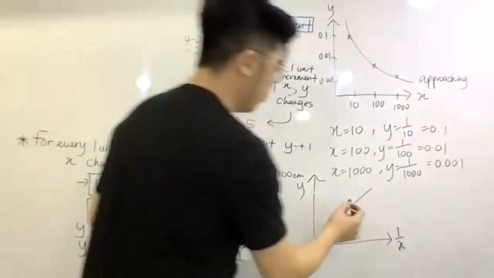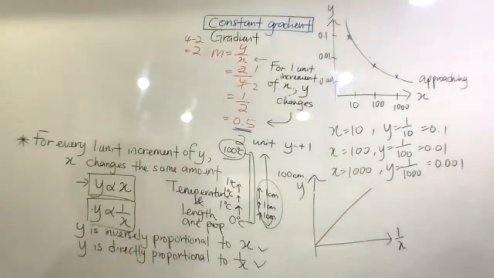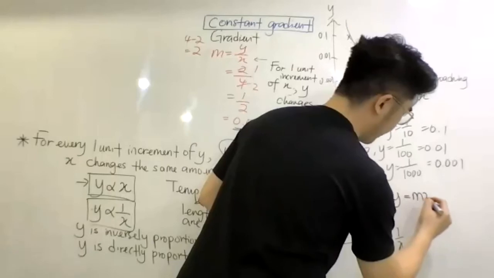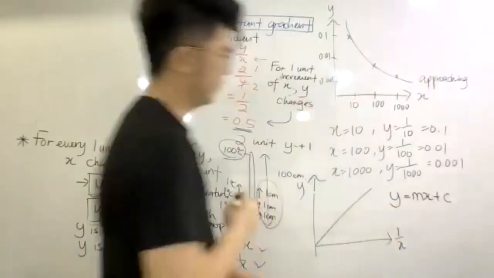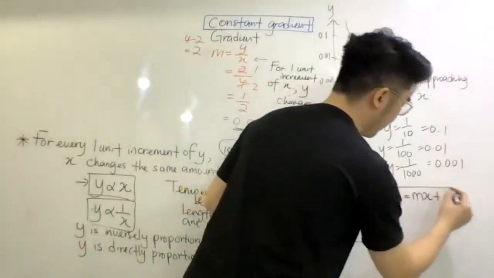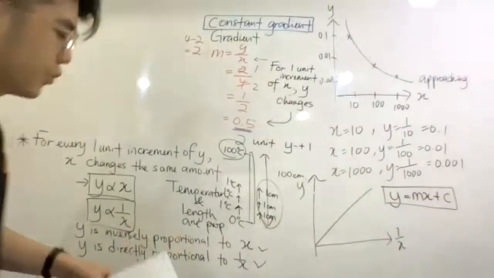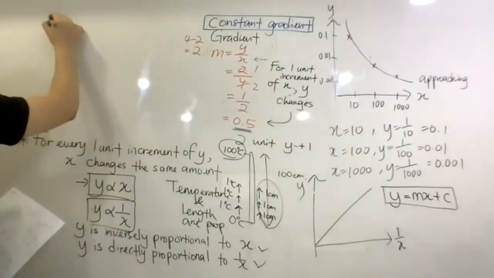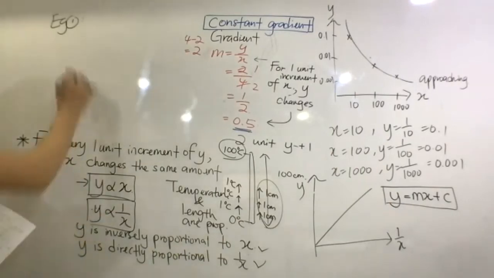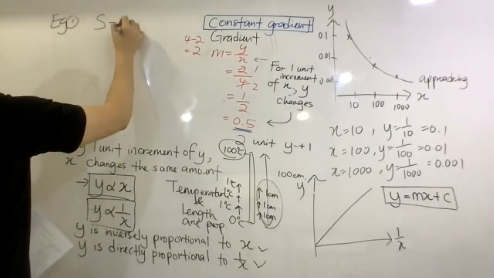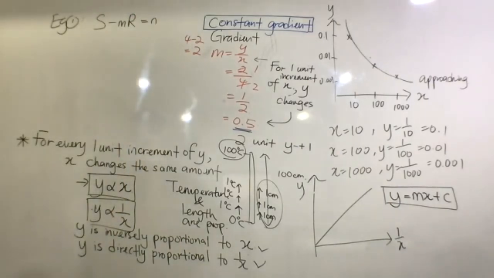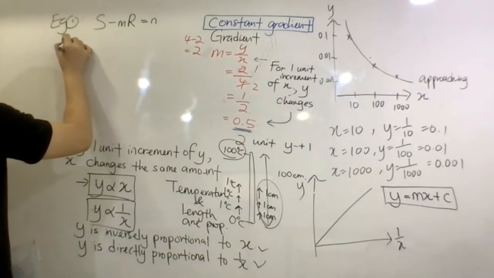If you can make it a straight line, 意思说你可以用 y equals to mx 加 c。OK，如果你可以弄到这一个 form，then 你就可以 plot 一个 straight line。好，let's say 我们拿一个 example。Example one，我给你一个 equation s 减 mr 等于 n。